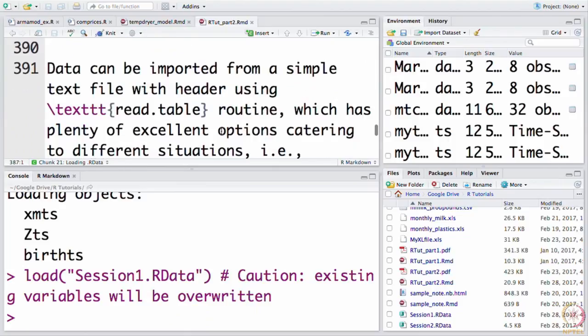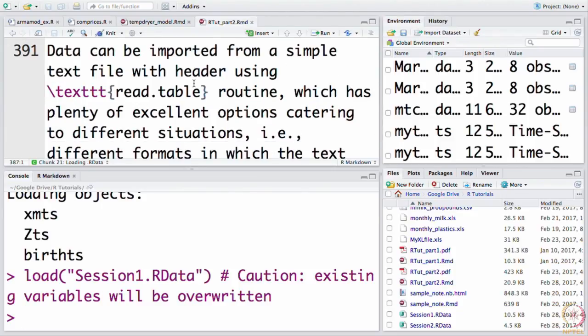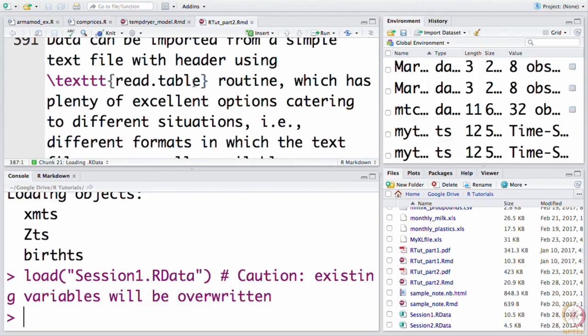All right. So, let us move on now and learn how to load data, or how to read data rather, from a text file. You know, text files are actually very common when it comes to storing data, and by text file we mean ASCII formats, and the routine that reads data from a text file is read.table. So, it basically thinks of this text file as a table, and there are a number of options in this read.table. The first thing is you should bring up the help and look at the number of options.